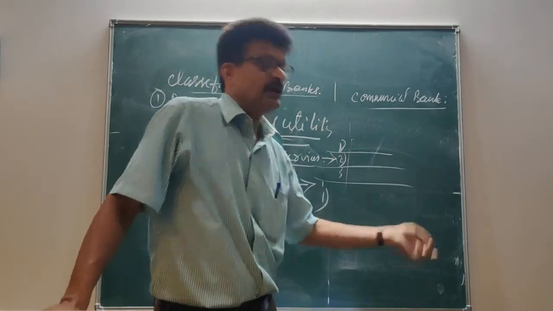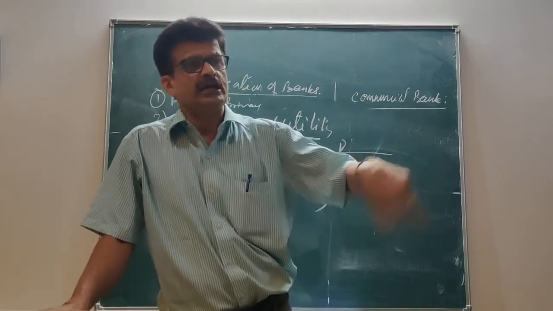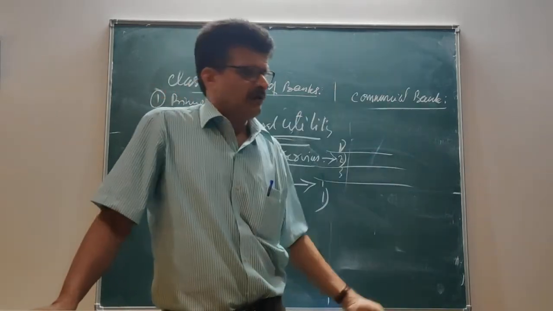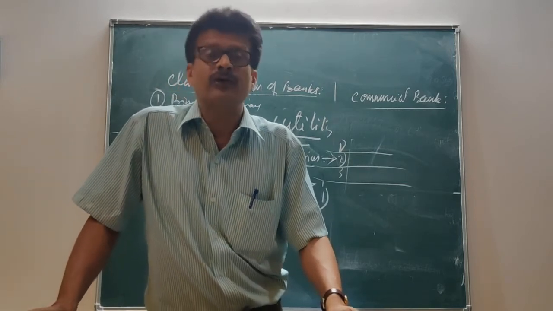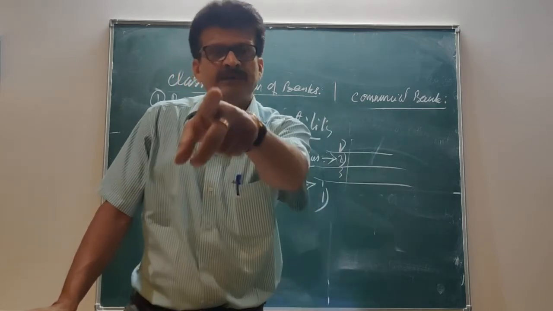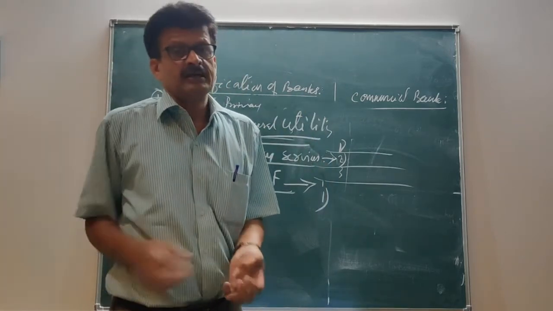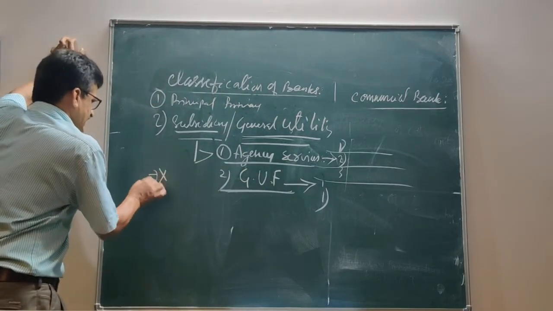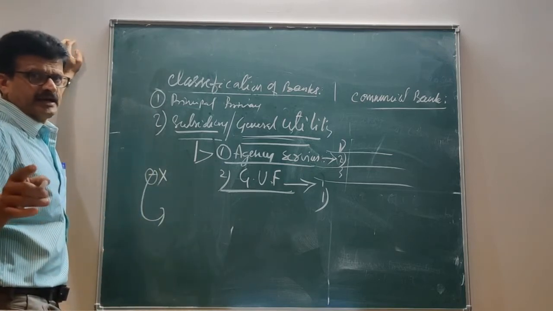One is capital formation, another one is balanced growth by diversification of risk, by considering the purpose. They will ensure that by lending the money which is mobilized, called savings, that can be applied, administered for productive purposes. This way they carry on their functions. And as far as branch banking is concerned, they will be in a better position. I'll tell you, they will be in a risky position later, but they will be in a better position. Suppose in one branch there is no money, immediately this branch can approach another branch. Delocalized system of banking or branch banking operation.